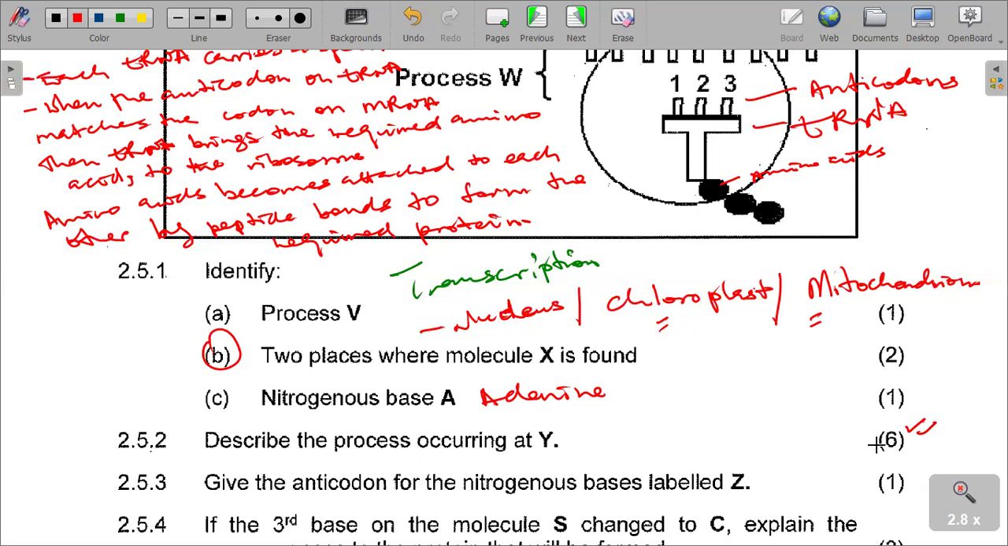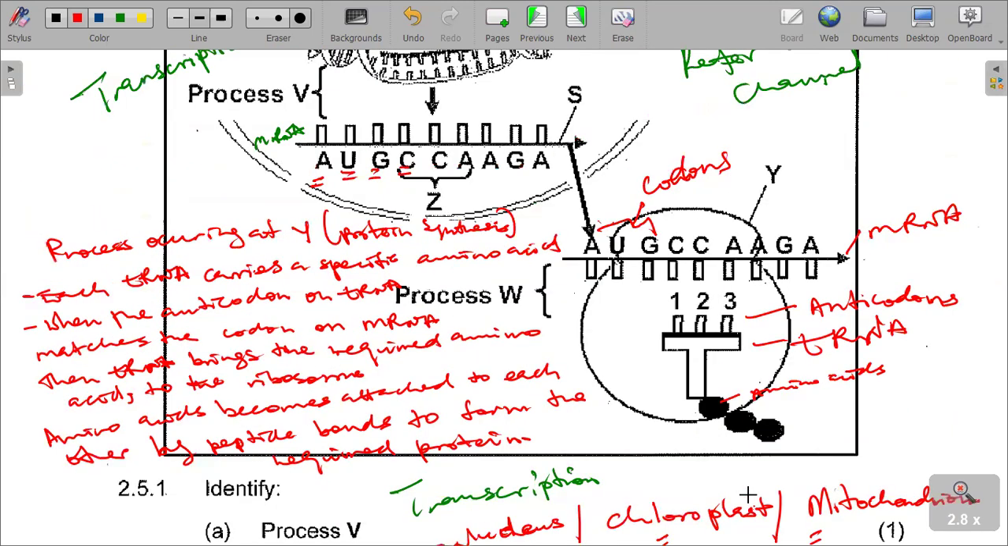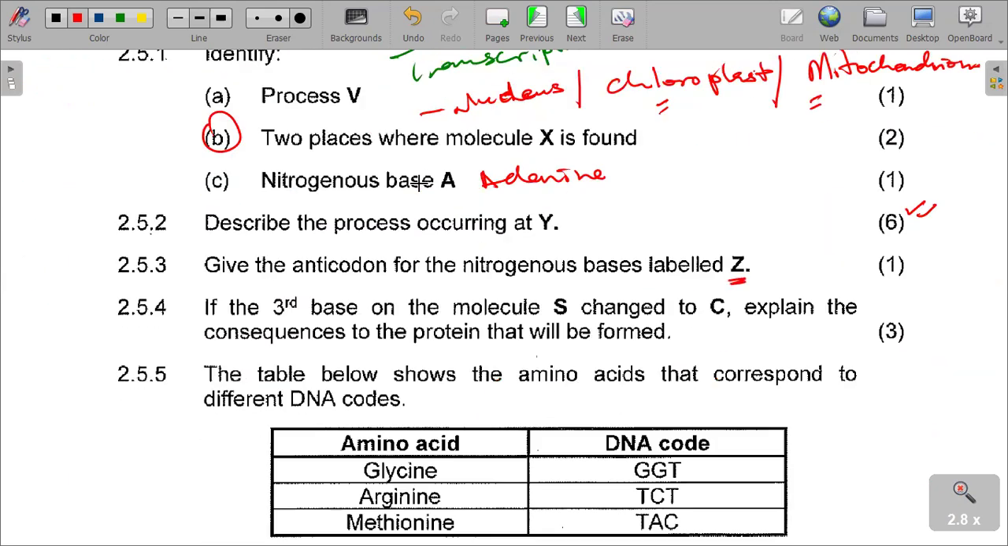Give the anticodons for the nitrogen bases labeled Z. Obviously, like I said, Z is CCA. I'm just going to illustrate to you guys. Z is equal to CCA. Like I said, these are the codons. And then their anticodons must be G, G,